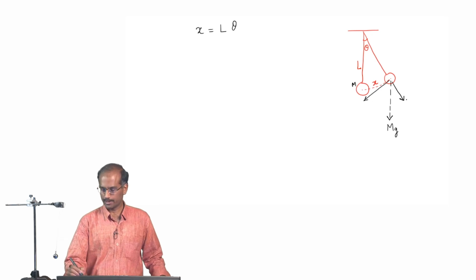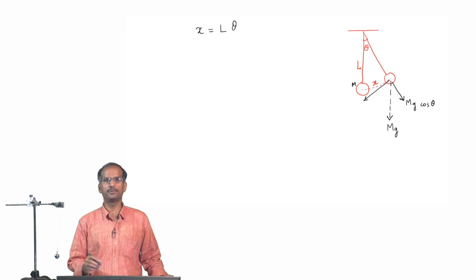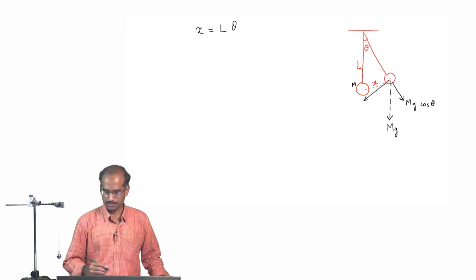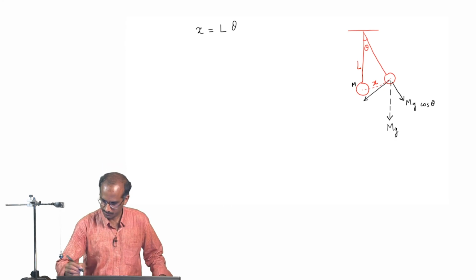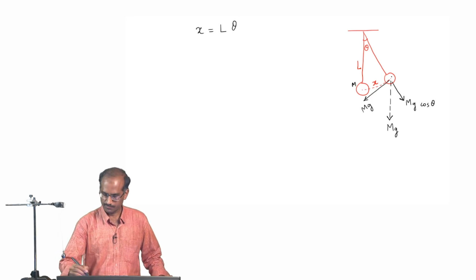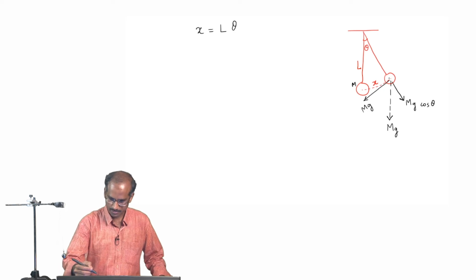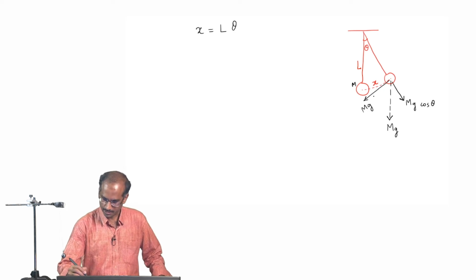So, in the perpendicular direction it will be mg cos theta. I will leave it to you to figure out how it comes. It is simple resolution of the vector, and along the direction of the restoring force, that is along this distance x, it is mg